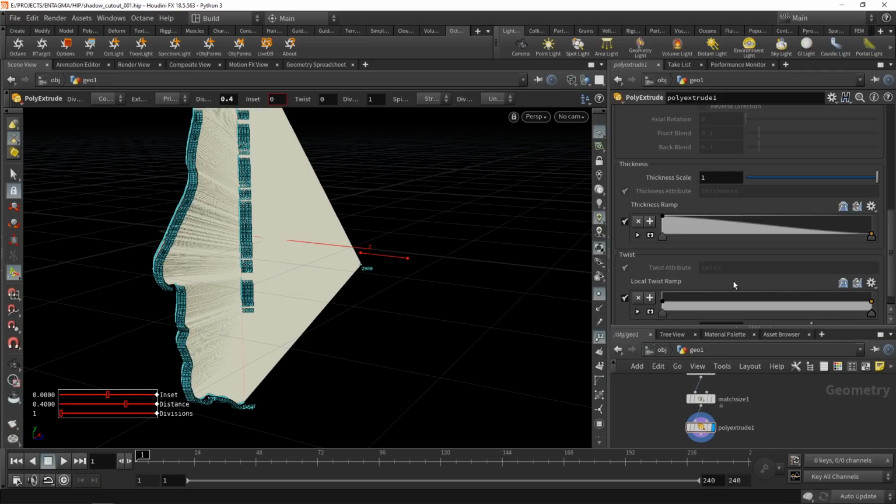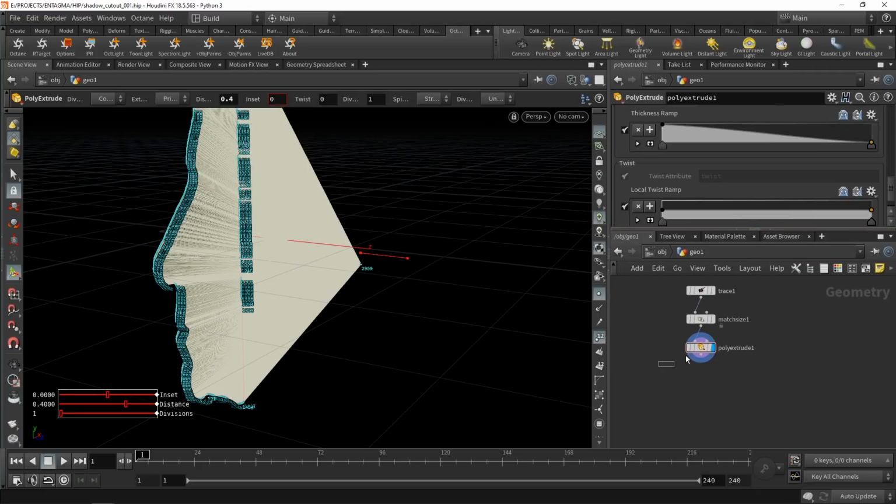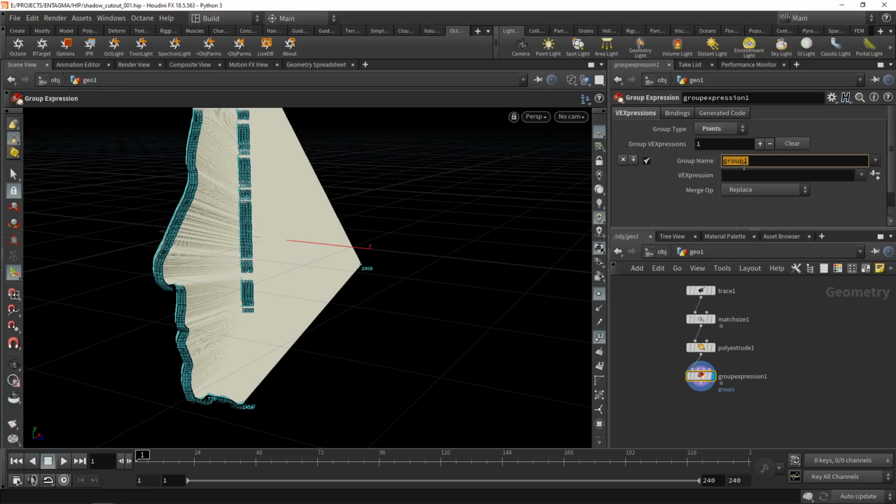Let's take all these points and put them into a group so we can move them around by using a group expression node. And we want to create a point group. Let's call this thing move. And in this group, we want to have everything whose position along the Z-axis is larger than a threshold, say 0.1. So now you can see we put all those points into this move group here,